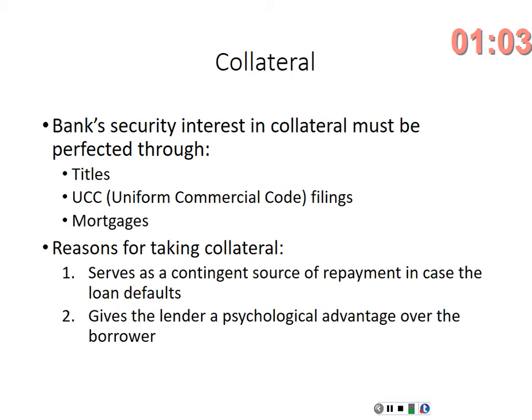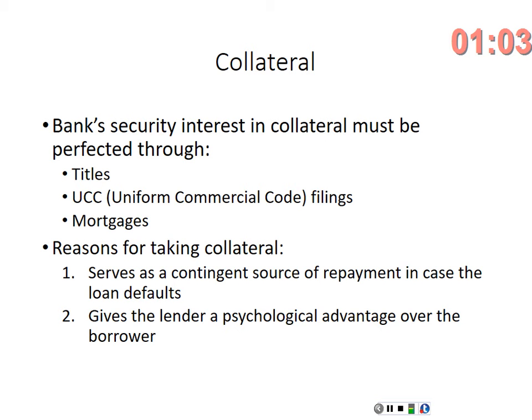If you finance a $40,000 bass boat, and you've got a title to the boat only, you're missing out on about $25,000 worth of that boat, which is the motor. And so when you go to repossess it and the motor's missing, and you ask the customer, where's the motor? They'll be like, what motor are you talking about? You got a title to the boat. That's all I remember you loaning me money for. Okay? That's happened a lot of times.